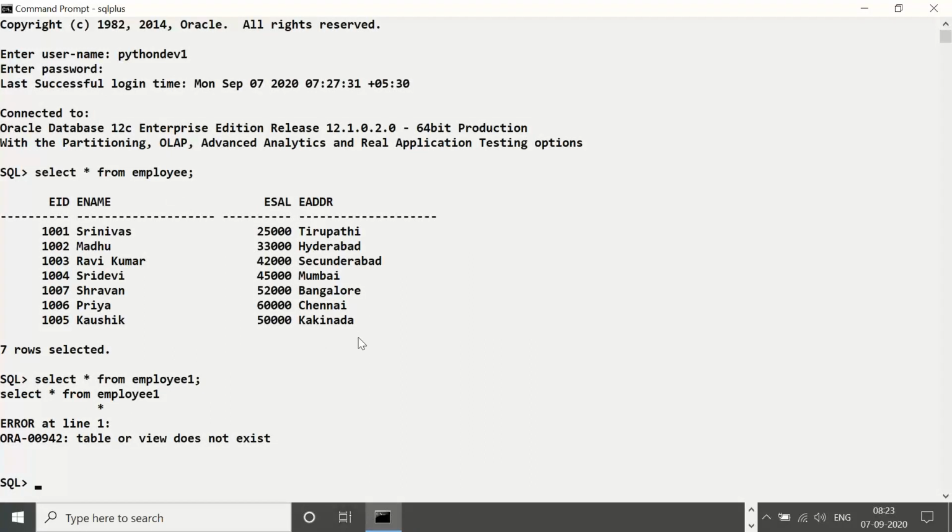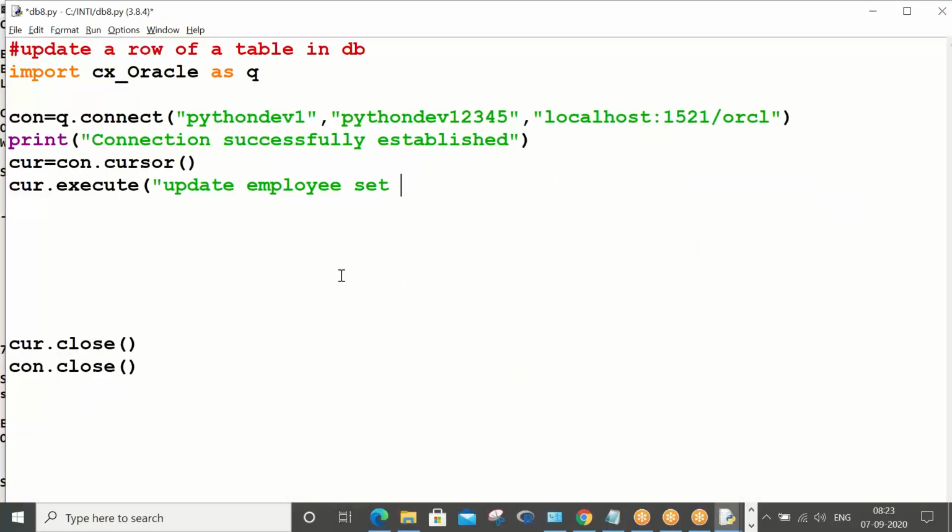The employee city has come wrong. Mumbai, we have to call it Bombay, let's say. We will change the address of the 1004 person from Mumbai to Bombay. How do we do that?